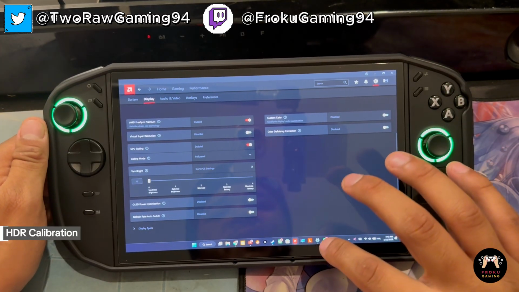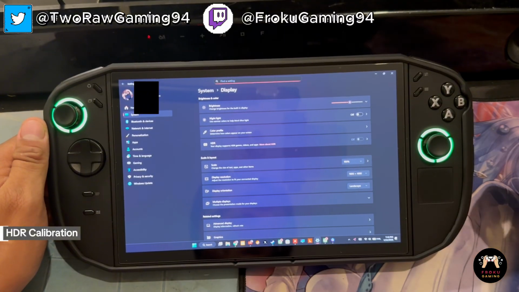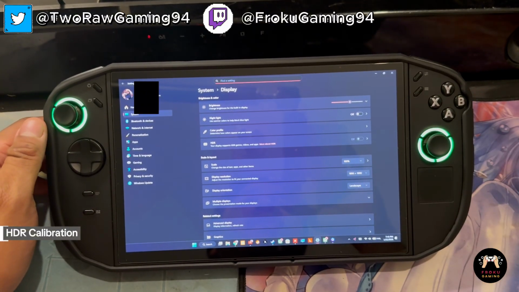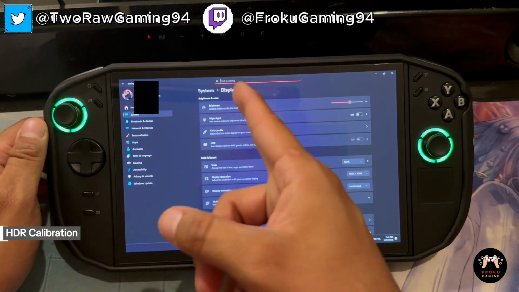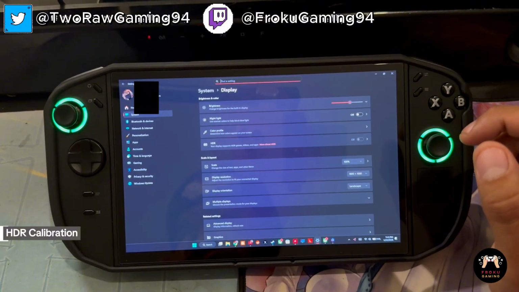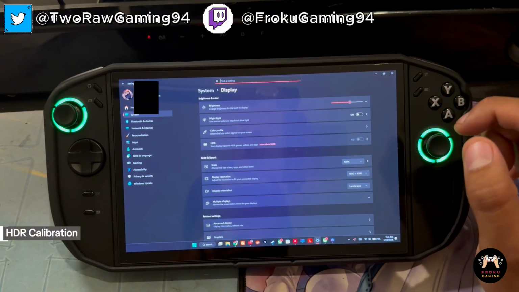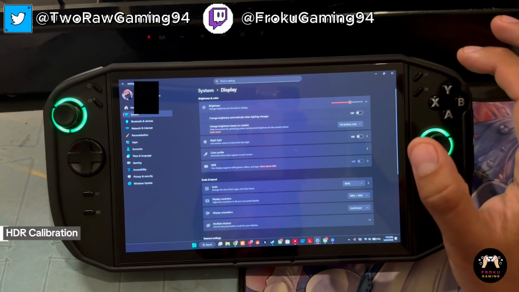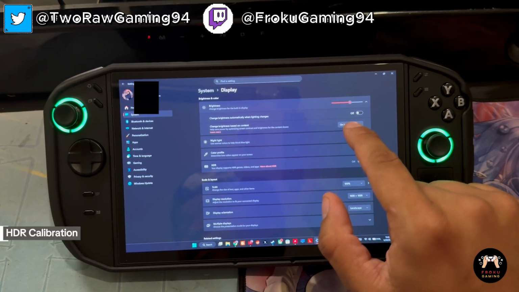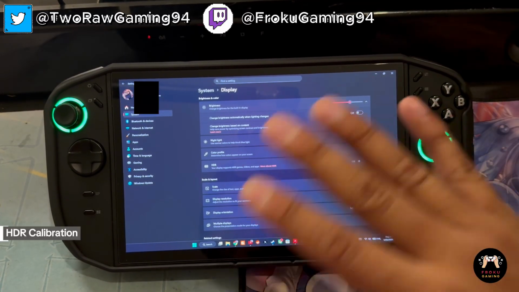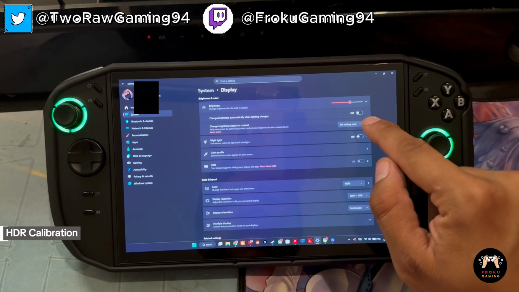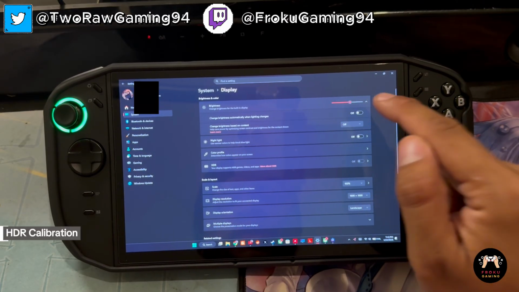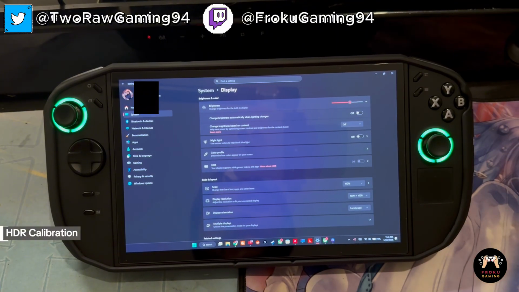All right, so next you want to go to your actual Windows settings, and then from there, go to system and then display, of course. Once you are in display, you're going to go to your brightness, which is here. Bam. And you want to turn your auto brightness off. Mine is always off. I never, ever have it on. So there's that. Change brightness based on content. It says on battery only. You want to turn that off as well, because that will